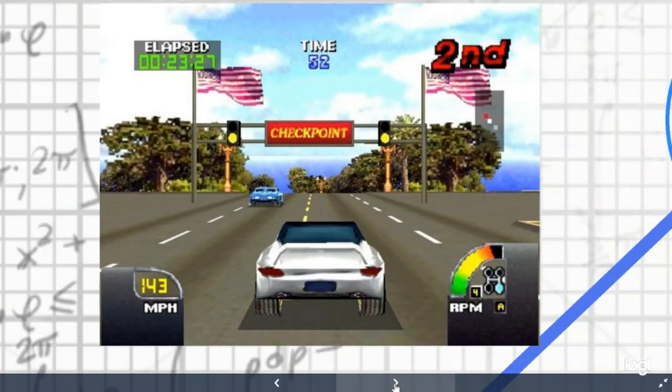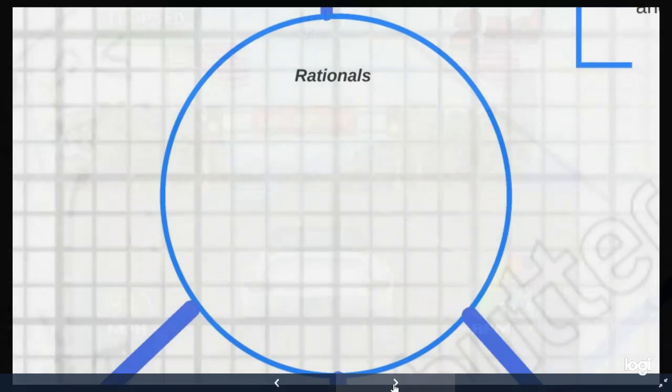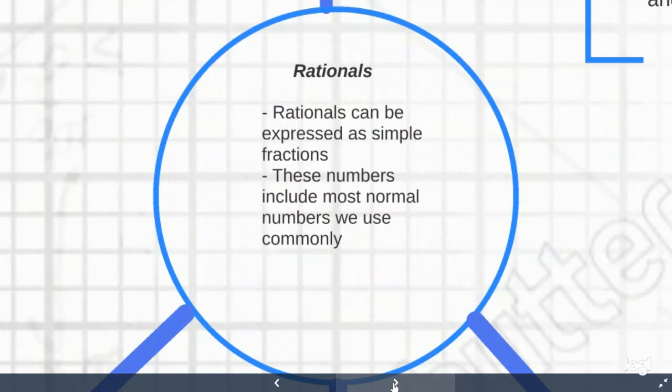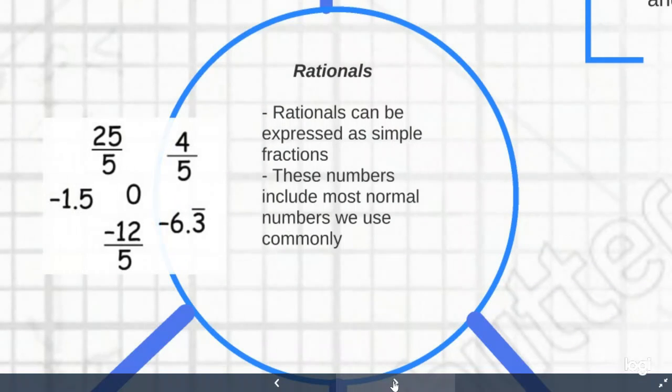All right. Now let's see here. Checkpoint. Okay, so quick recap. We talked about real numbers. We talked about rational numbers. We talked about irrational numbers. Now we're going to go on to rational numbers. Okay, so rationals, that's what you actually see on the right side of your book. Rational numbers are numbers that can be expressed as simple fractions, and they include most normal numbers that we commonly use, right? So those are numbers like 25 over 5, 4 over 5, 0 is a rational number, negative 1.5